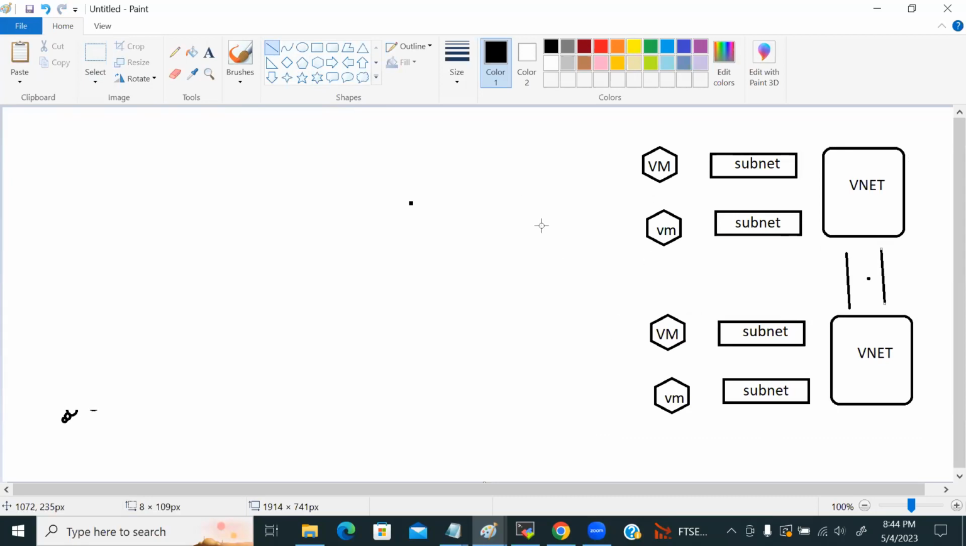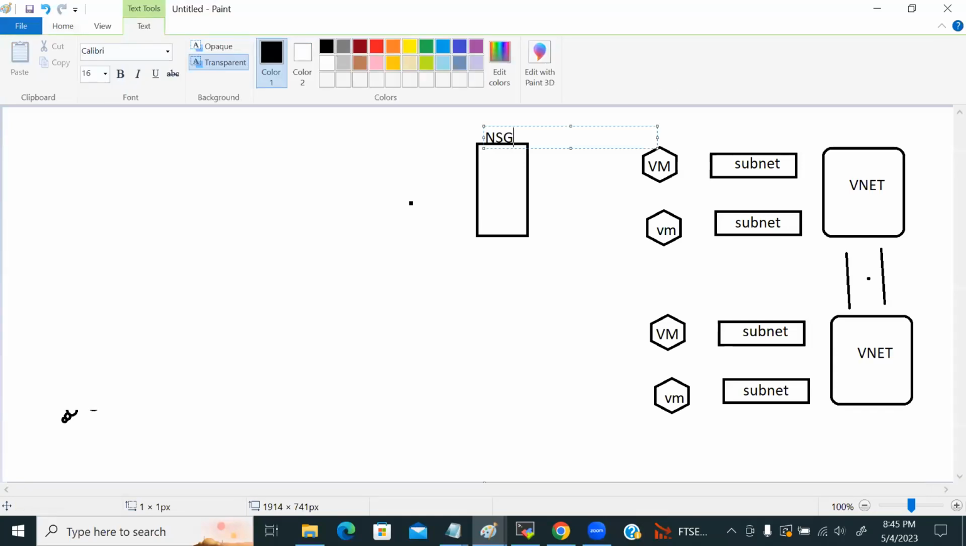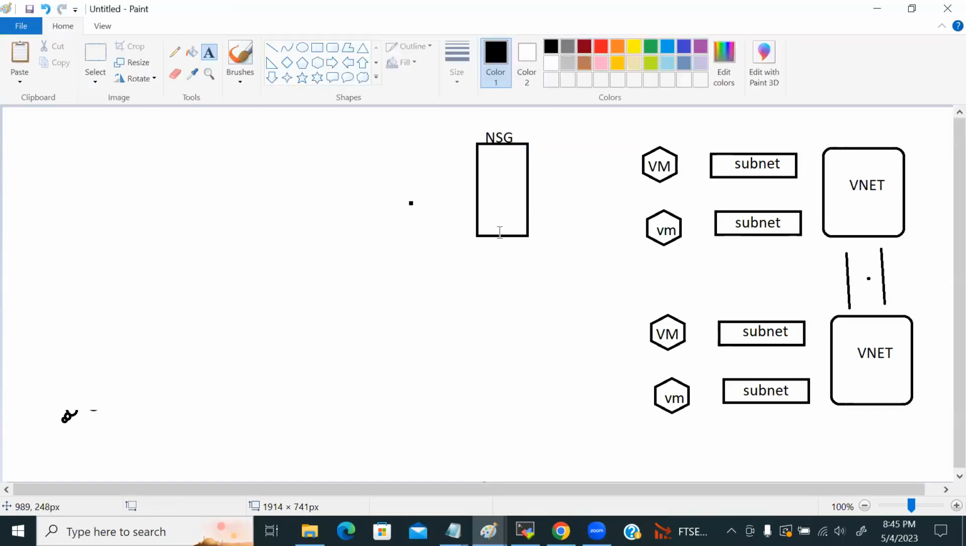Now here, whenever a VM is trying to access from here to here or here to here, because of this peering, they can communicate easily. And now NSG comes here. Whatever the NSG we are trying to create, this is the NSG. And through internet, this is also one of the scenarios. VM can go and access the internet, and from outside also we are trying to connect to